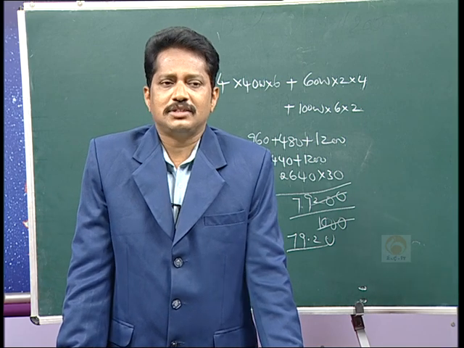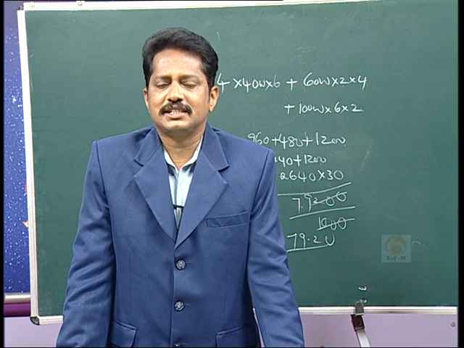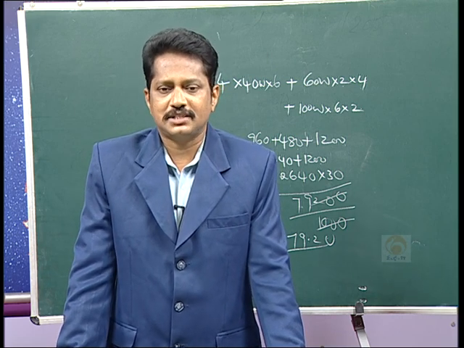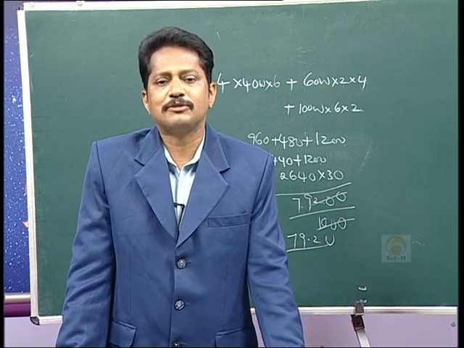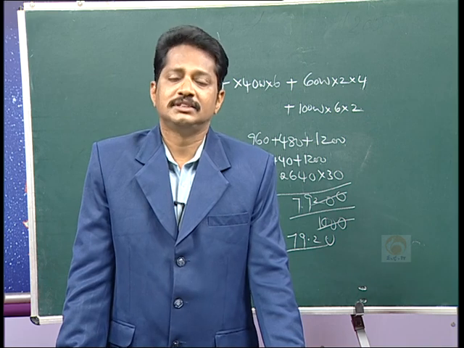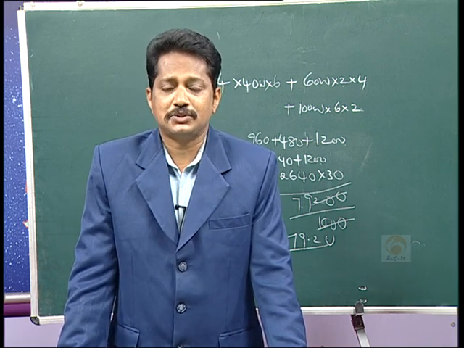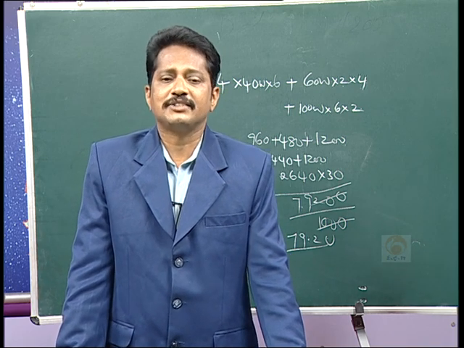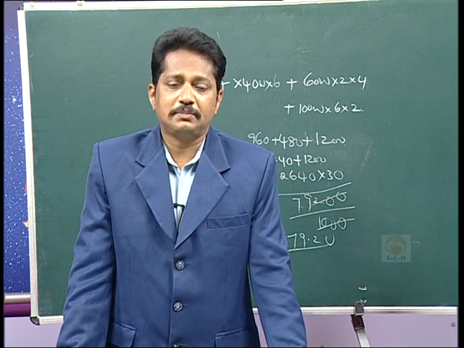Okay, now coming to the next one, modern physics. Modern physics is concerned with atomic structure and other properties also. You know that a substance has molecules, molecules have atoms. An atom consists of electron, proton, and neutron. Proton and neutrons are at the nucleus and electrons revolve around the nucleus in elliptical orbits. Okay, up to this it's okay.